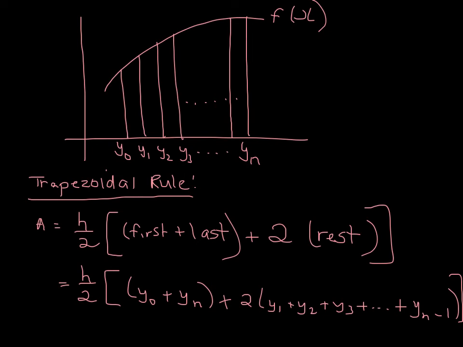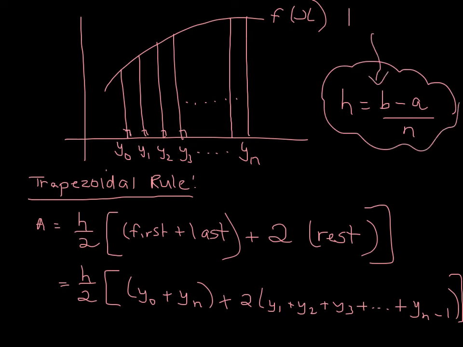And if you're wondering what the h is, normally height. Don't get confused though. In this case, as we just saw, height's the perpendicular in any shape, where the two sides are perpendicular. Well, they're all the perpendiculars there. So the height is actually this distance between these x values here. How do we find that if we're not sure, or if it's a written question and we're not actually told? Well, this is how we find it. h equals b minus a divided by n. And that means b is the last value, a is the first value,